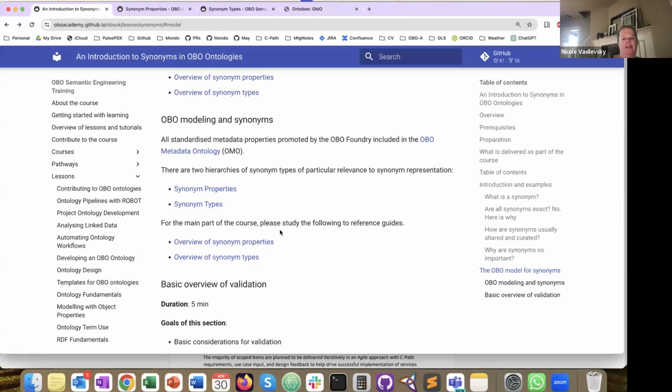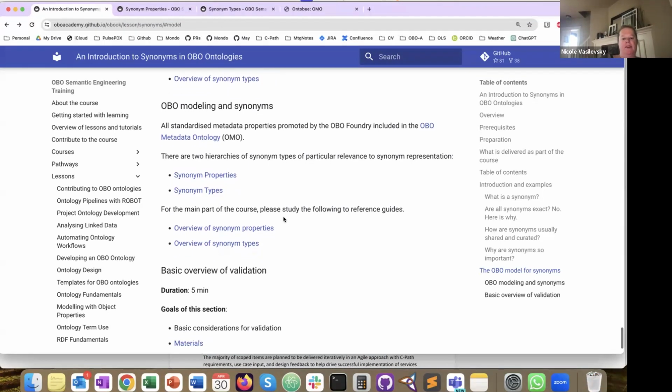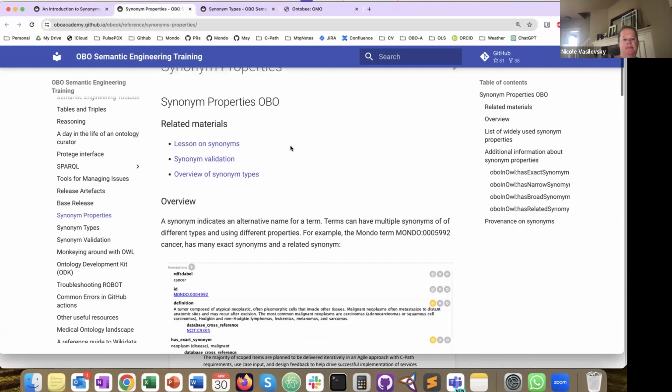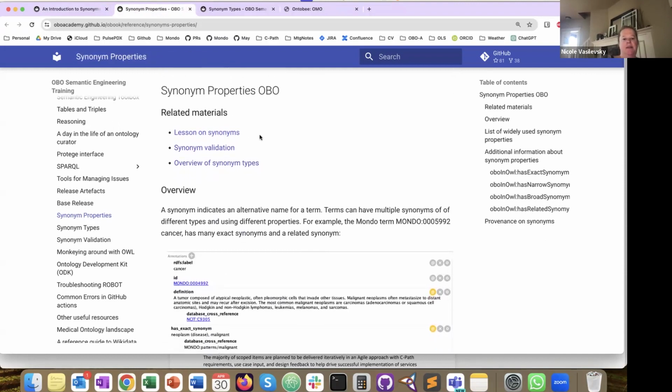And so we're going to refer to these two reference guides here, one on the overview of the synonym properties and one on the synonym types. So we'll get into a deeper dive on these specific topics right now. The different synonym properties in OBO. We'll talk generally about the synonyms, the validation, and the overview of the synonym